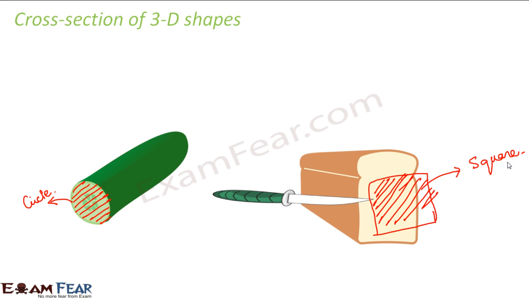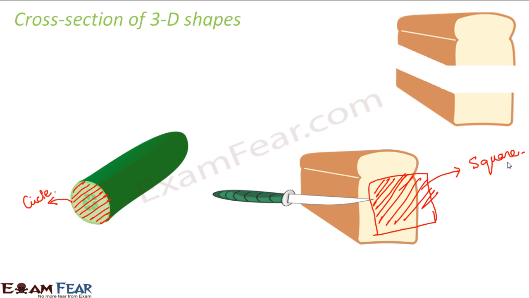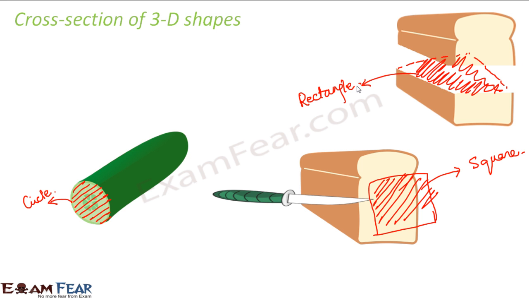Now what would happen if you cut it horizontally? That is, instead of cutting it vertically, you are cutting it horizontally. In this case, it gets divided into 2 halves like this. So what would be each half? This time when you look at the cross section, it would be somewhat like this. This is not visible from here, but this would be the cross section. So this time the cross section would be a rectangle. So depending upon whether it is cut vertically or horizontally, we decide whether the cross section would be a square or a rectangle. But every solid 3-dimensional object will have a cross section.